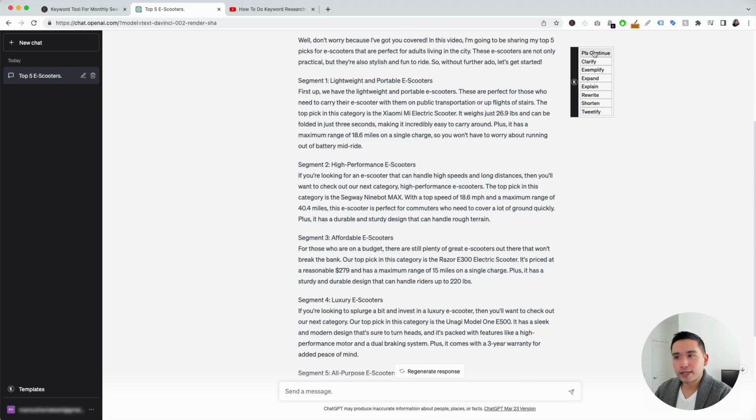If you hover over this, you can see some additional actions you can tell ChatGPT to do after it generated the response for you, okay? So you can tell ChatGPT to continue where it left off. You can tell it to clarify what it generated, exemplify it, expand it, explain it, rewrite it, shorten it, or